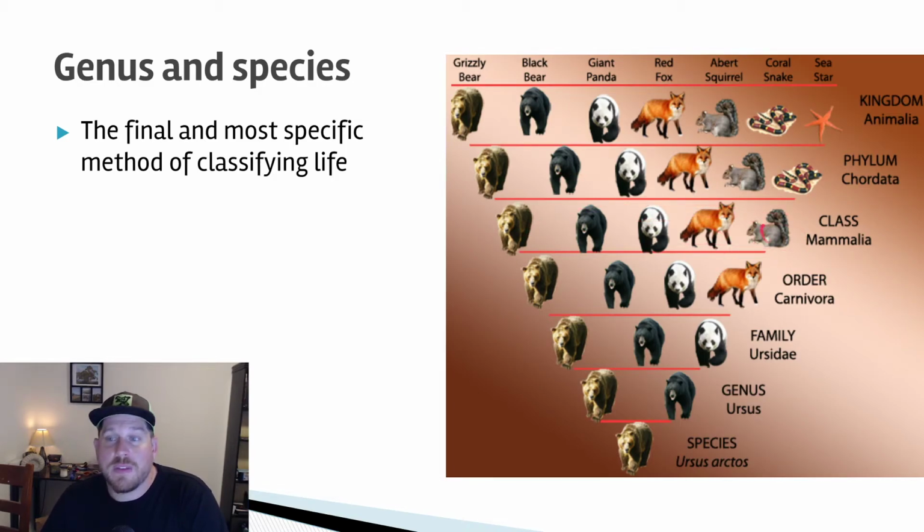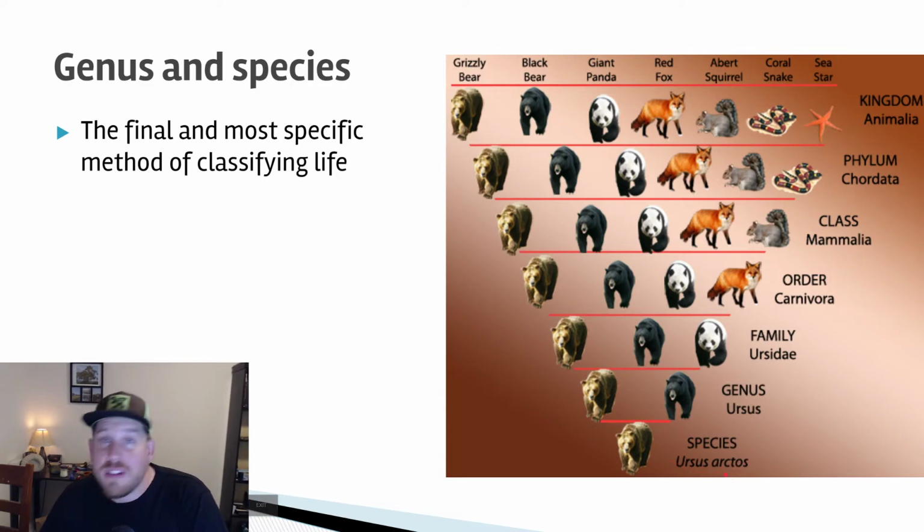And then we go down. The squirrel, we kick off the order because they're not carnivores. Man, imagine a carnivorous squirrel. Don't imagine that. And then we move down to the family. The family Ursidae is in reference to bears, but what we have going on with our grizzly bear and our black bears, they have way more in common than the panda bear does. So we are kicking the panda bear out as we go down here, and the genus Ursus is in reference to bears that are living here in North America, and then we finally end up with Ursus arctos,